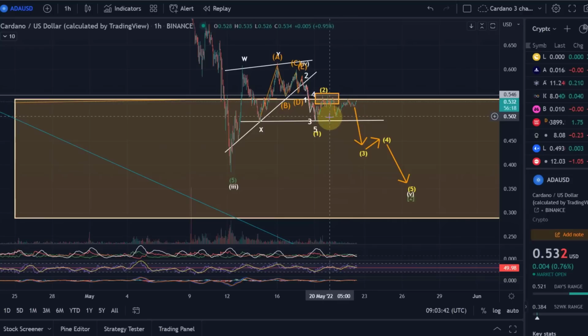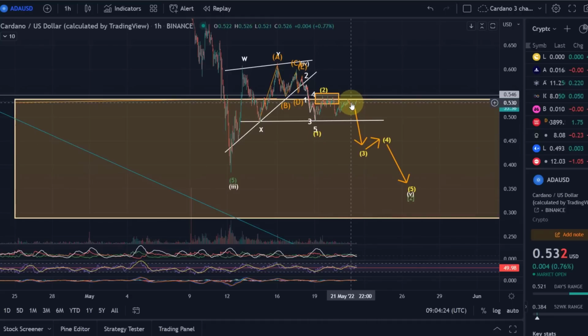And I did mention yesterday possible price targets for this last move down. I believe after this move down, the overall correction will be finished, which means Cardano could get back into a new bull run. Now, that might take a while to unfold. So it doesn't mean if we hit the low here, we will have a massive V-shaped recovery and a bull run rocket start. It is possible, and I actually think it's not unlikely that we see quite a strong reaction, but it's too early to say. We need to see how the price will finish down here, what the price action will be down here.